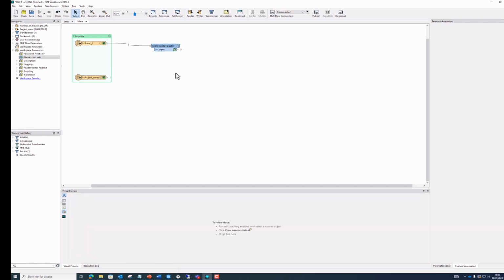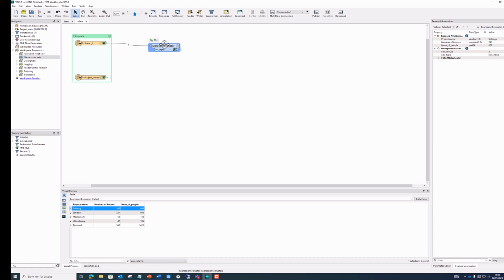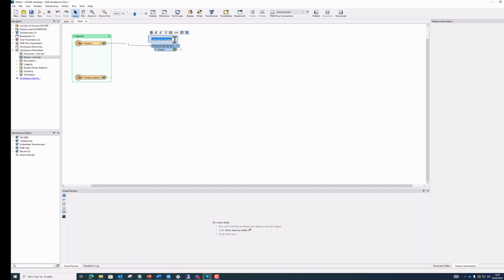Even though this is a rather simple workflow that we will be building here, it is always good practice to comment the various parts of the data flow. So we can press once on the Expression Evaluator element, like this, and then we can click on the annotation tool, insert annotation here. By doing this, you will automatically get the possibility to write something about this part of the workflow. So I can write here